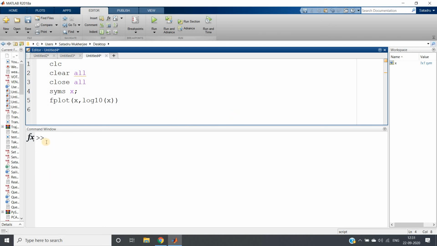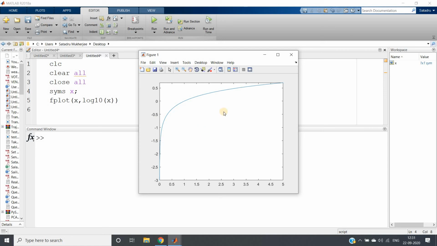So here, see, this is the graph of log x. What you can see if I zoom into this smaller part: for smaller values, not that much compression is happening, almost equal. But if you keep increasing the value, at x value 5, the y value reaches only up to 0.5. It is compressing the higher values.